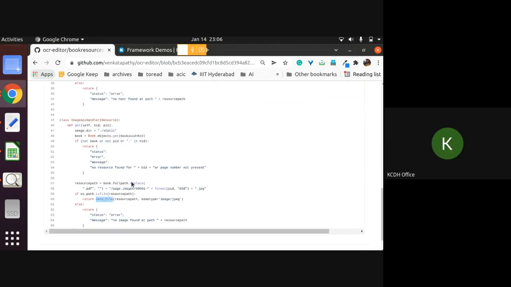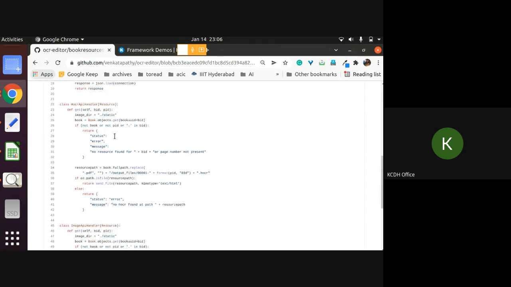So basically, this is where you should write another function in which, if they ask for some extraction of text, you should find out its HOCR, get its text, and then pass it to another Python file, get the result, and then pass it. You understand? So you'll write simply another function like this. Okay, sir, I understand, but mapping it could be difficult. Once you get your hands dirty, you'll get this. But I hope you all get an overview picture of what is happening, where to look if you want to change code, or if you have a bug.